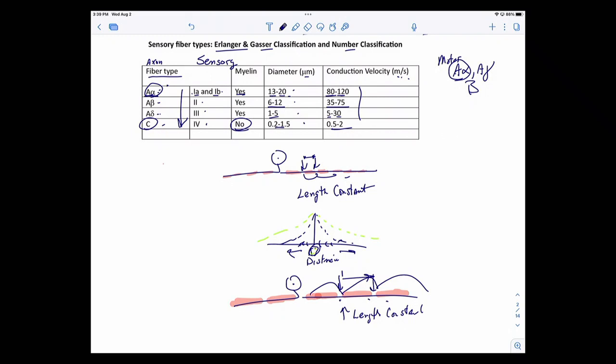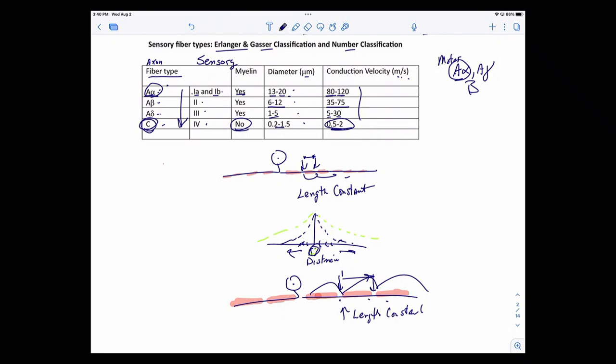So that's the connection between degree of myelination and speed of conduction velocity. It has to do with how close or how far apart those nodes can be before you have a successful saltatory conduction. The thicker the myelin, the farther apart the nodes, which makes for more rapid communication. Looping back around, poor old C fibers have no myelination, so they're going to be relatively slow in terms of their conduction velocity. That's the scheme when we're talking about axon fiber types. It has to do with the nature of the myelin itself, how thick it is, or maybe no myelin at all.